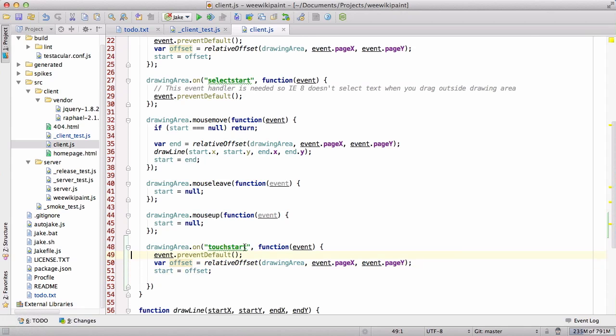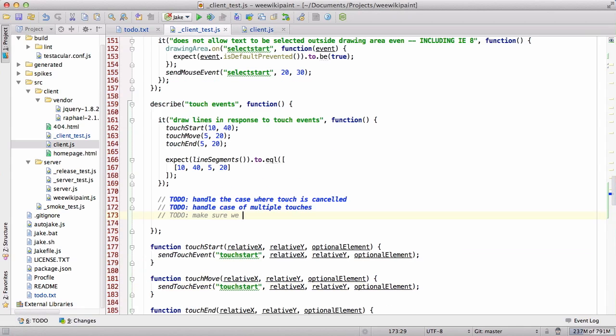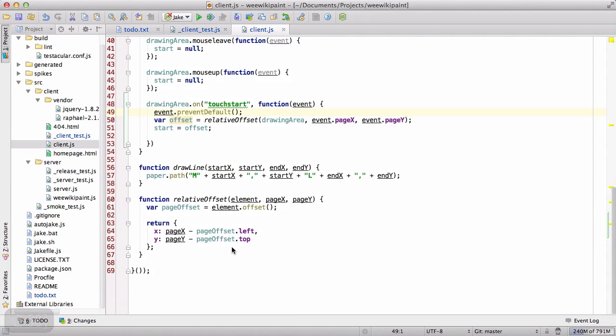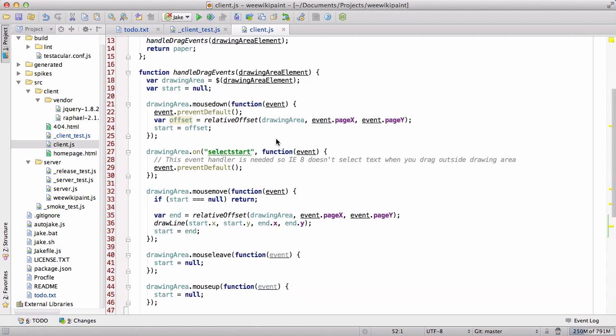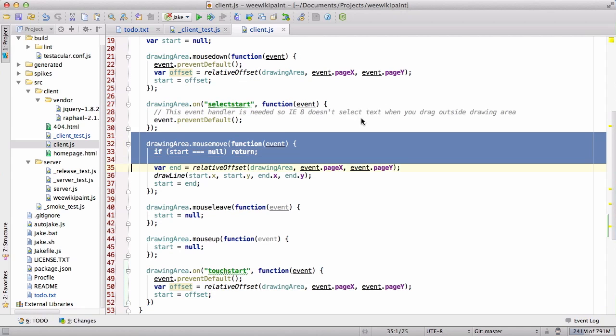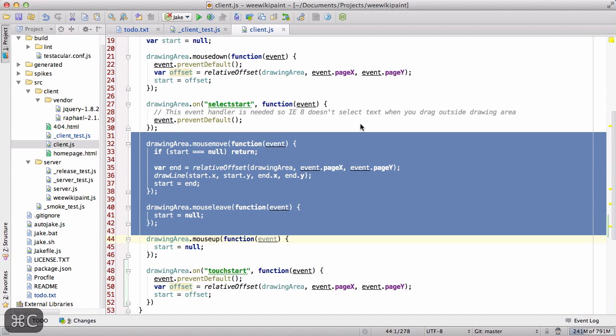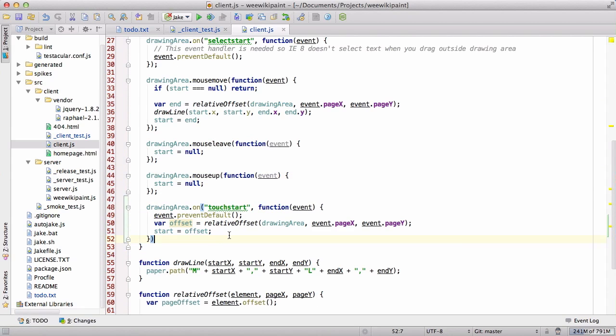Oh, that's what we need to do. We need to prevent defaults. Sorry about that. Just didn't want to forget it. Okay, so we could just basically grab all of the existing code. Obviously, there's a lot of duplication here, and we don't want to do that. But just to get started,